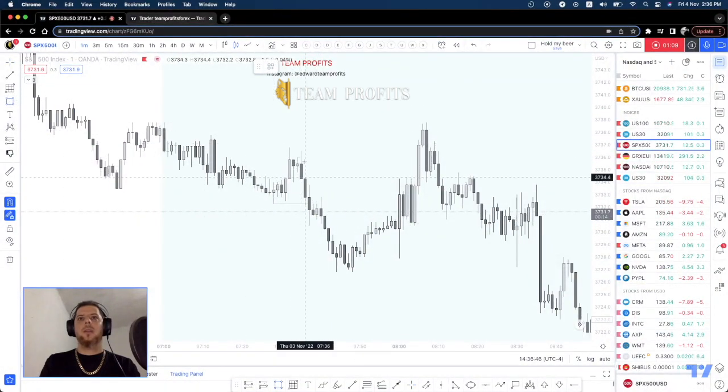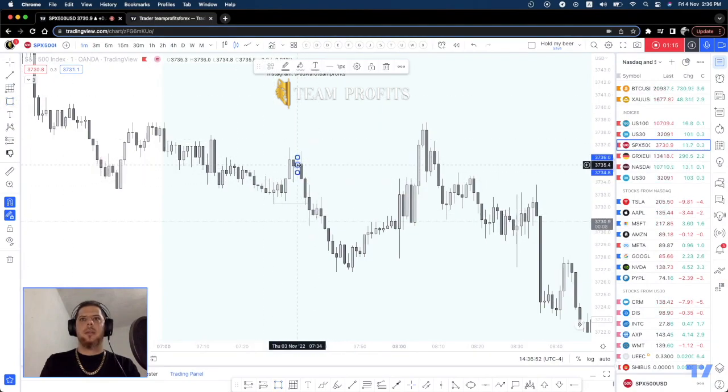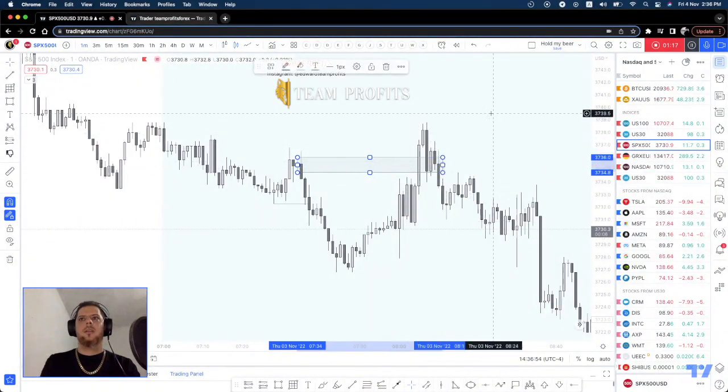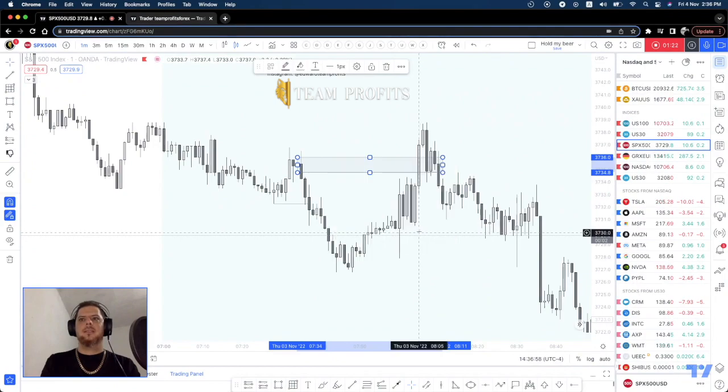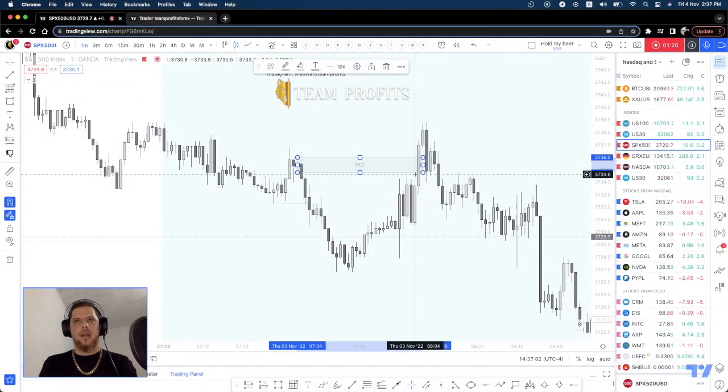But meanwhile, what is this zone then? What is it called? Should I get in here? Should I place my sell limit order right away? No, right? This is not an order block. This is just a POI. You need to watch this zone to see what's going to happen. If you start seeing maybe some reaction to that,